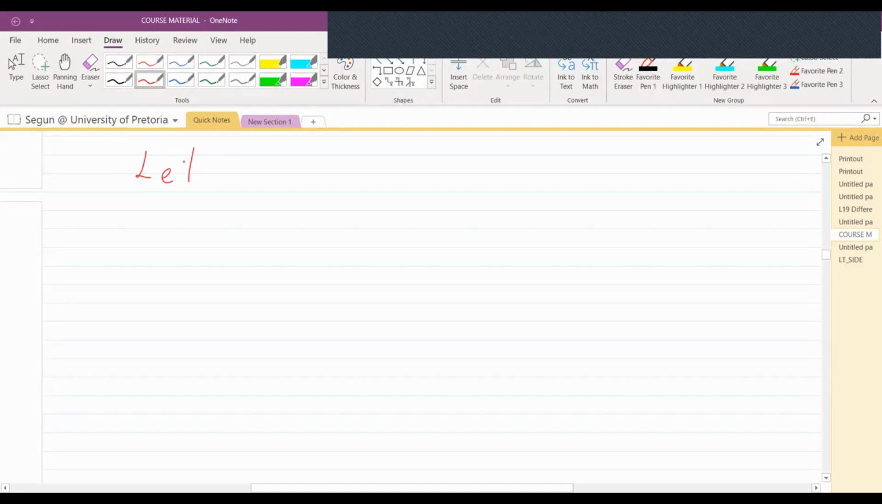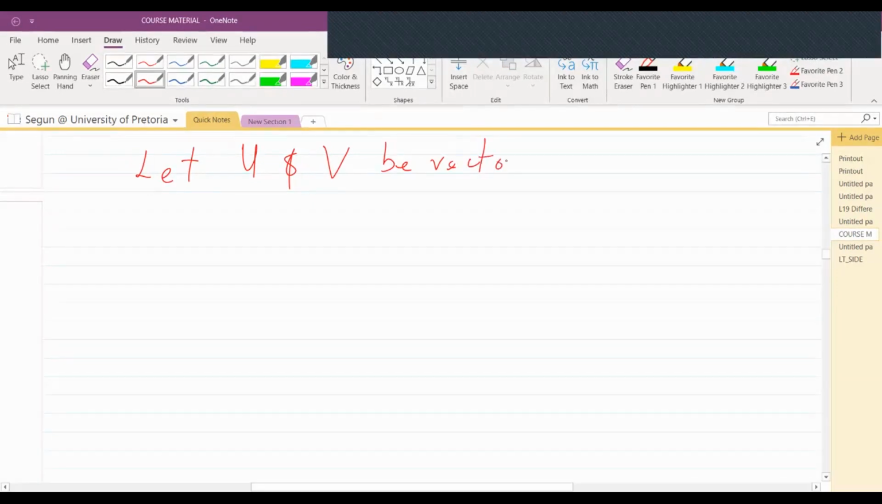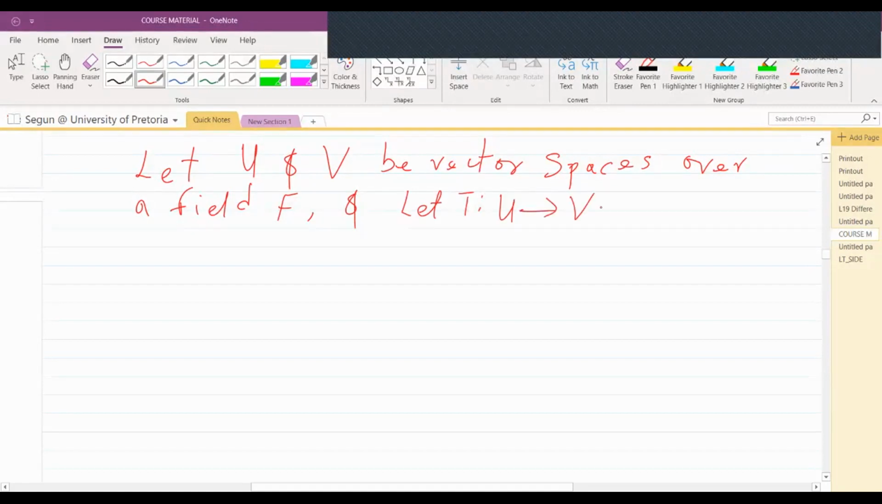Let U and V be vector spaces over a field F, over a field capital F, and let T such that U maps to capital V be a one-to-one,